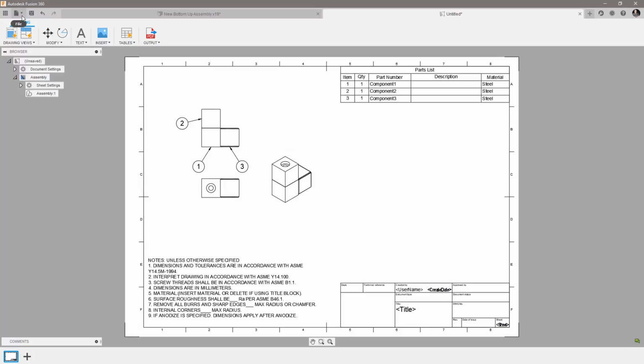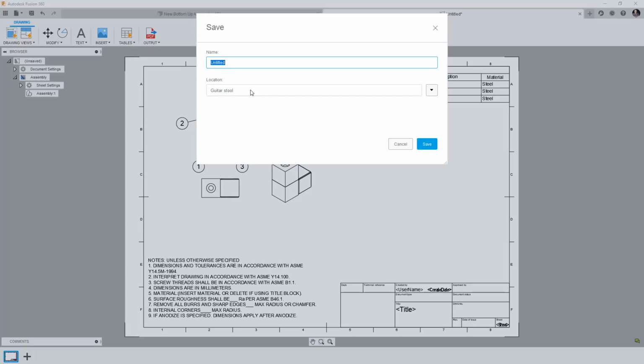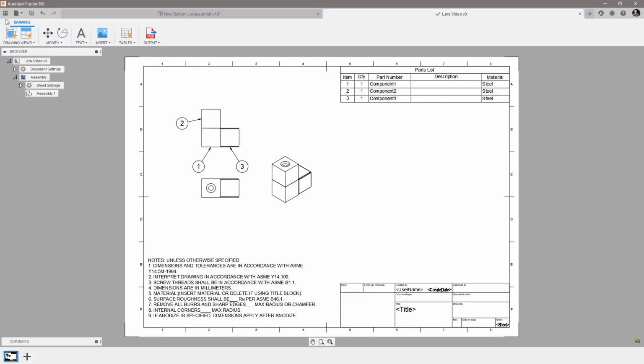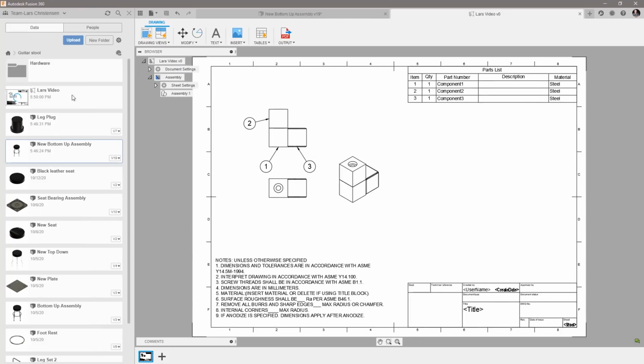So with that here, I'm going to just save this template, and let's just give it a name. And you probably would save it in some location that is a template folder. I'm just going to save it in here where I have the rest of my files, so we can take a look at it. So I'm going to save that, and if we go over and click on our data pane,